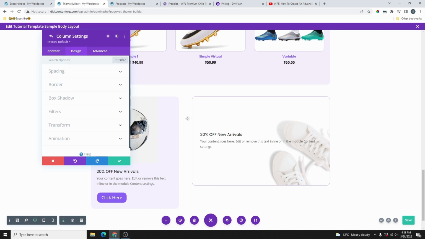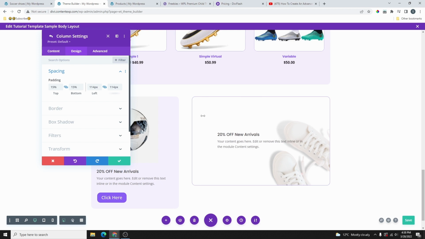And then if you want, you can also come in here and go to spacing, and then you can add some padding in here. Maybe you can add like 25 pixels, and also add 25 pixels on the left as well. It will look like this, or you can add like 50 pixels, but anything you add here, if you want it to look like this, for example, so make sure you go to the mobile version